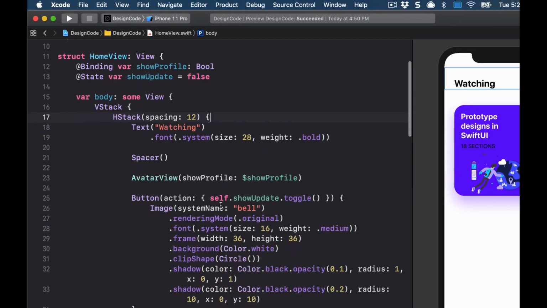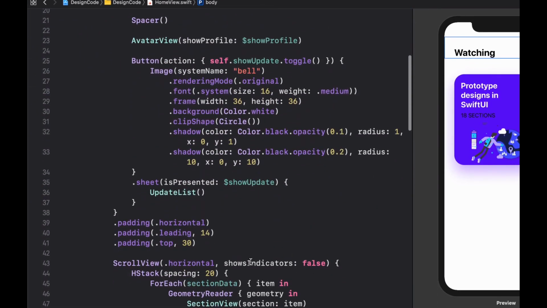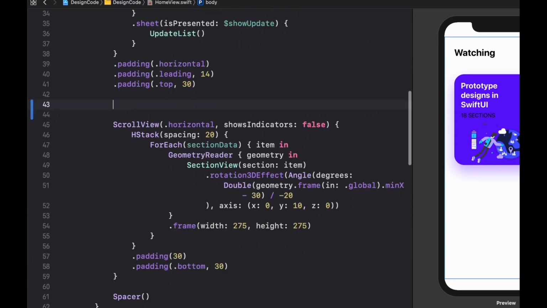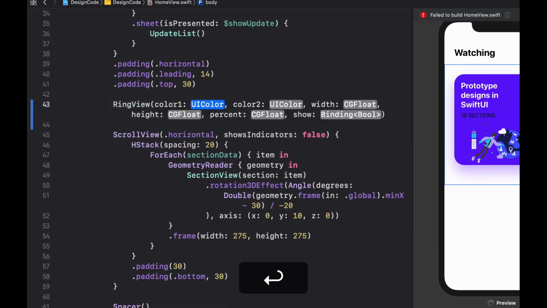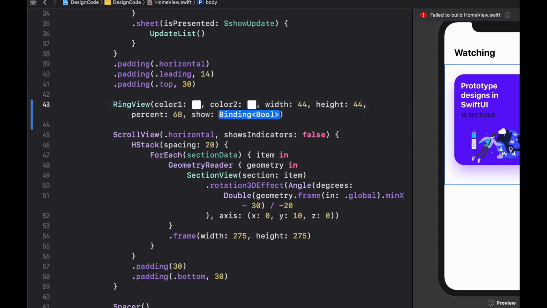And let's go to right after this HStack here, before the scroll view for these cards. We're gonna start with the first RingView. So RingView, parentheses, let's find our options. And I'm gonna quickly set the color literal. The width is going to be 44 and the height is going to be 44. Percent, let's say 68. Boolean, since we're not really animating this here, we're gonna do constant, set it to true